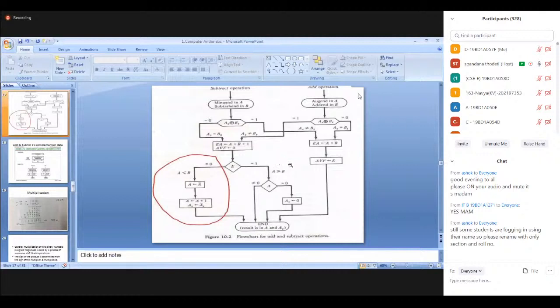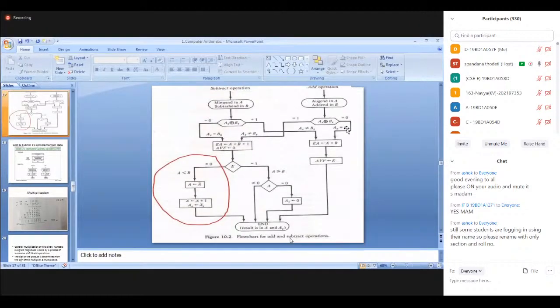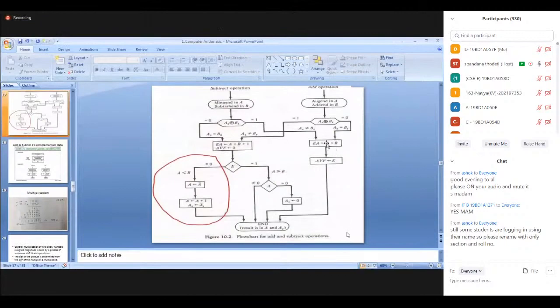So one more time I am revising. Whenever you want to perform addition and subtraction, first you need to check the sign of the numbers. If the XOR operation on the sign bit values is 0, it represents that the sign of the two numbers is the same. And under addition, if the sign of the two numbers is the same, you simply perform the add operation on the augend as well as the addend. The result will be stored in EA. If there is any overflow bit, that will be stored in AVF.